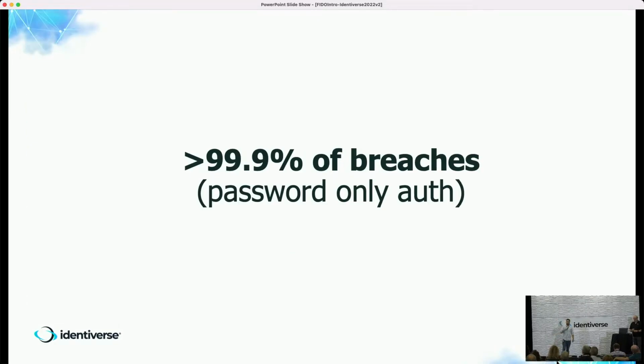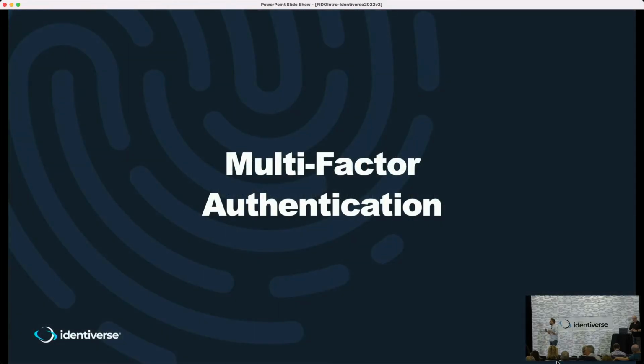And so we looked at the data, and we found that 99.9% of breaches happen when the user is protected by a password only. So we said, the password has failed. It is not working. It is not sufficient for what we're trying to protect. We need something else. We need a stronger signal. And so the industry came up with this concept of multi-factor authentication. You've heard this, MFA, or two-factor authentication, 2FA, or two-step verification, 2SV, TSV. It's all the same thing, all the same concept. We need more than one thing. Your password isn't good enough.